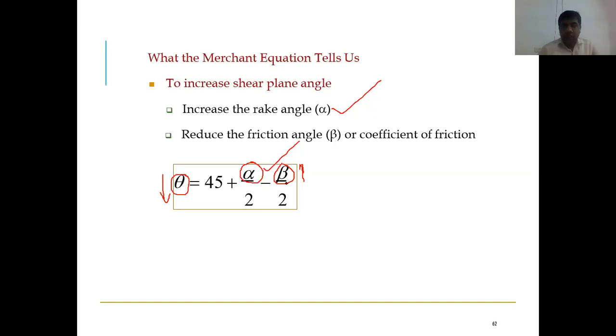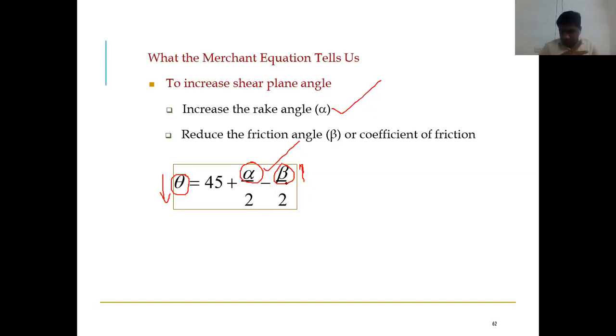As low as possible means you need to make sure that the surface is smooth. If the surface, especially the cutting tool surface, is smooth, your beta value decreases and power consumption will be less. These are the two relations we have seen. The power consumption depends upon the thickness ratio as well as your alpha value. But here, in addition to alpha value, it depends upon the friction factor, and not any other factor, right? In the previous equation we can see two factors, back rake angle and thickness ratio, affecting the shear angle. Here also there are two factors: one is your back rake angle and the second is friction angle.